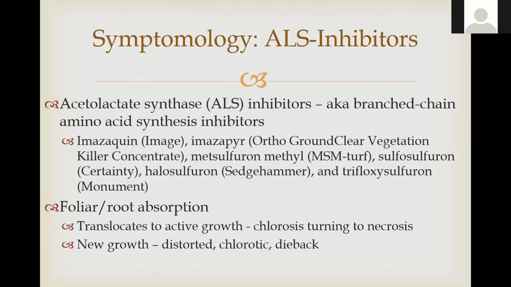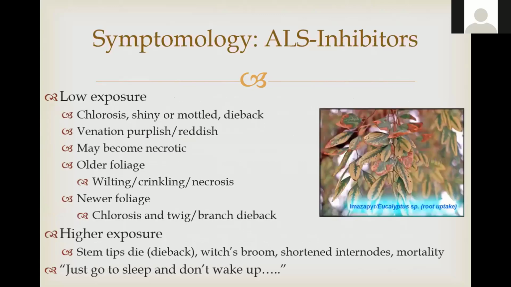They're kind of interesting in the way they work. They translocate to active growth. So whether you spray it on the leaves and it translocates, or whether it's root absorbed, a lot of that herbicide goes to the sites of active growth, turns them yellow, they go chlorotic, and then they die at that point. And then new growth after that comes in, it's distorted,